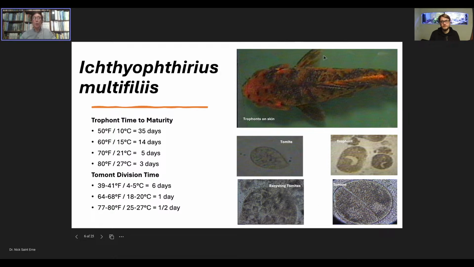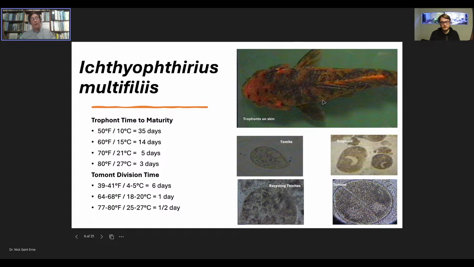My recommendation is in a koi pond, in cooler weather you probably need to treat it at least once a week, and you need to treat it for 4 to 6 weeks. In warmer weather, you probably treat it twice a week and treat it for about 3 to 4 weeks. For a home aquarium where it's indoors and warmer, I like to treat it every other day and treat it